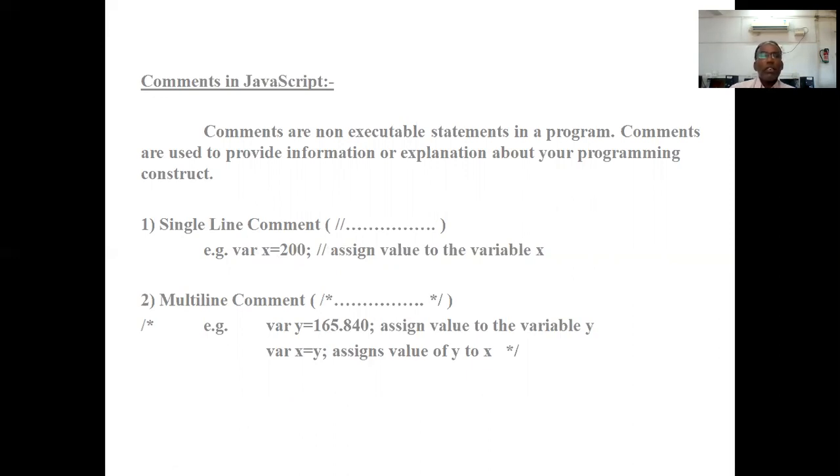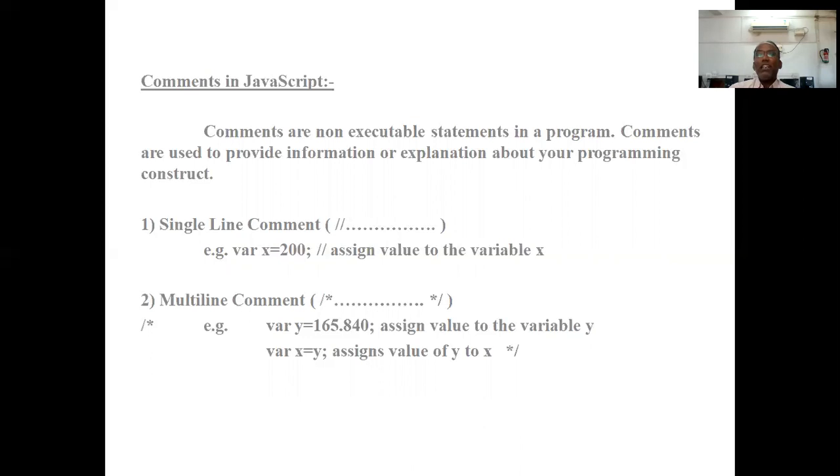Whatever comment we want to give, we have to use the // symbol for a single line comment, and whatever text or expression we want, we can give. So 'assign value to the variable x' will not execute. Only var x = 200 will execute in the JavaScript program. Okay, it's clear? Fine. We will go for the next.